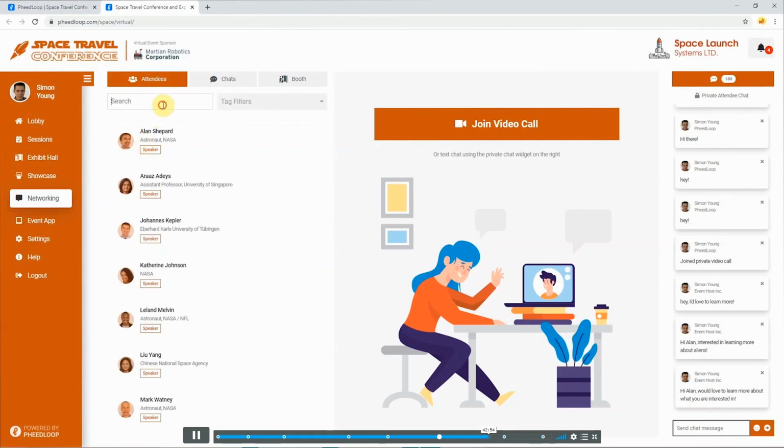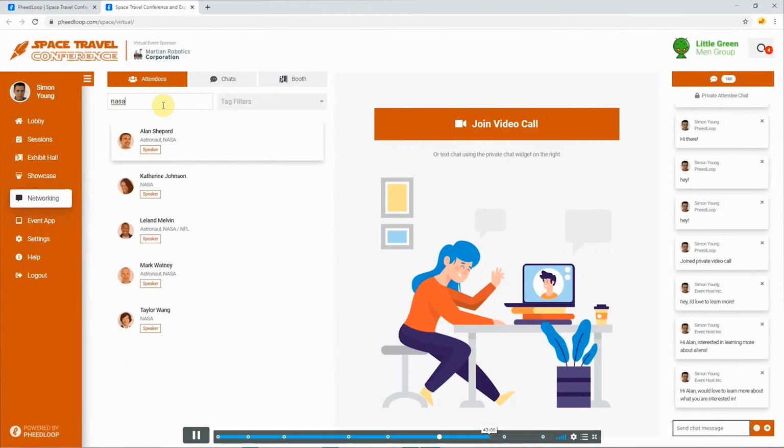I have this list of attendees. I can always search for people. So suppose I'm interested in finding people who are from NASA. I just type in NASA inside here, and all NASA employees will show up. Pretty cool. And if I wanted to see who has, say, the member tag, for example, I would type the